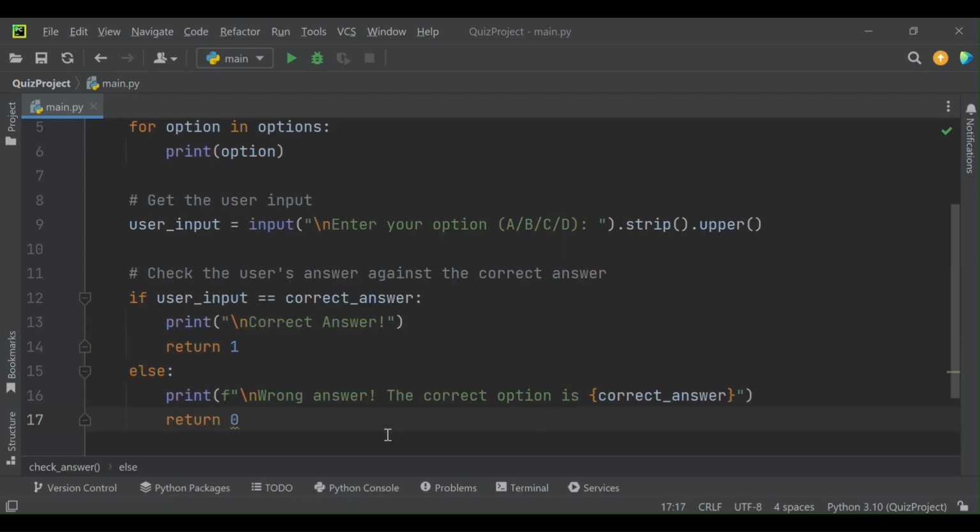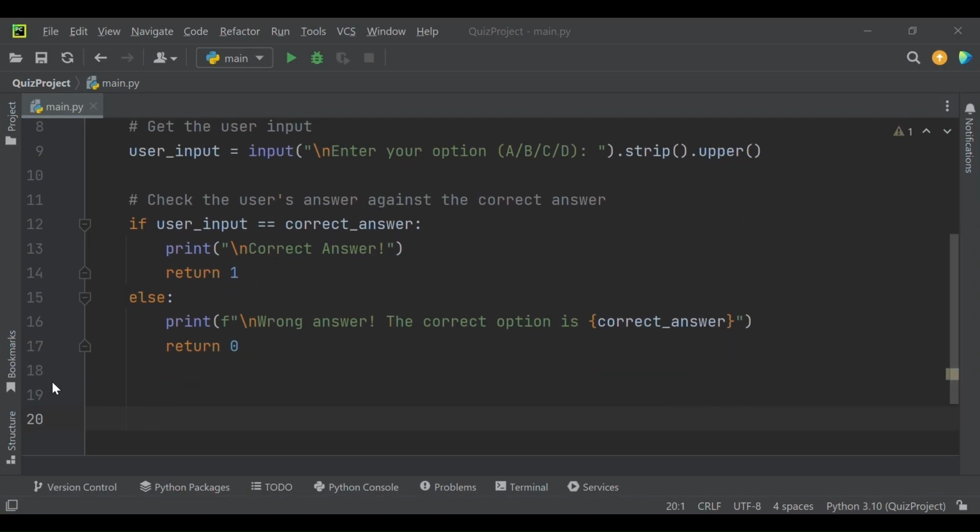That means if the user enters a wrong option, then we will give him 0 points. Alright, with this we complete our first function, which is checkAnswer function.